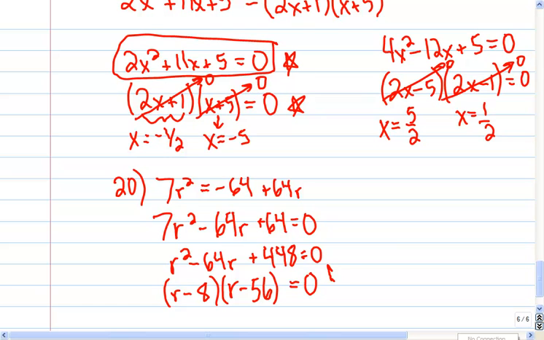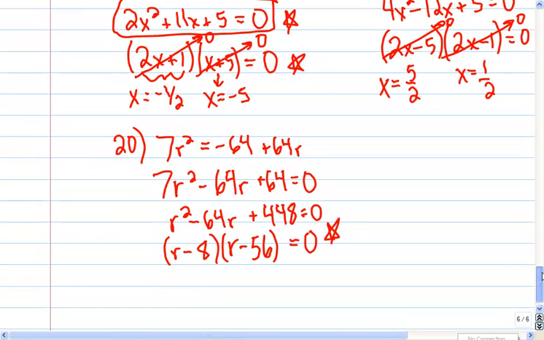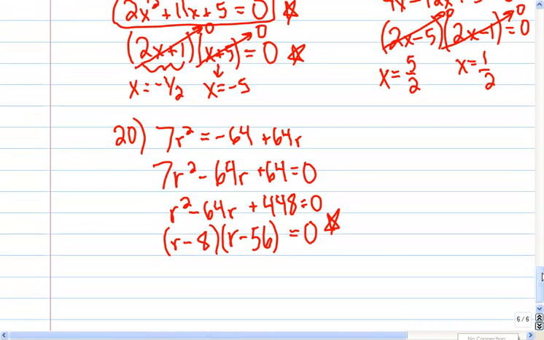Now remember, this is not the answer. It feels like we've got an answer because it's factored, but do you remember what I said everyone forgets to do when I look at their quizzes and tests? Divide, yeah, we forget to divide. So I have to divide by 7 in order for this to work properly. I multiplied at the beginning, so I got to divide this time. So if I reduce them,